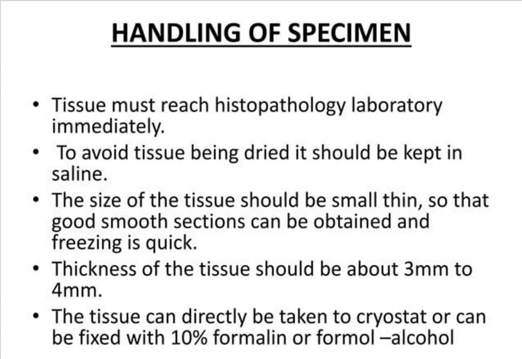Moving on to the handling of specimen, this happens within 10 to 20 minutes. So the tissue must reach the histopath lab as soon as possible, and it must be dried and kept in saline. The size of the tissue should be small, so that smooth sections can be made, and it must be 3 millimeter to 4 millimeter. It should be directly taken into the cryostat with the fixer of 10% formalin or formal